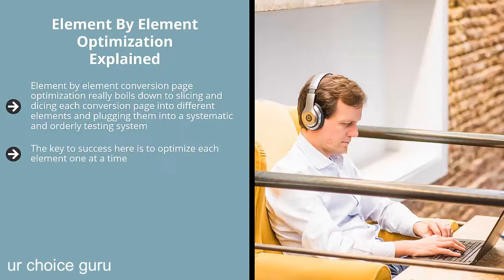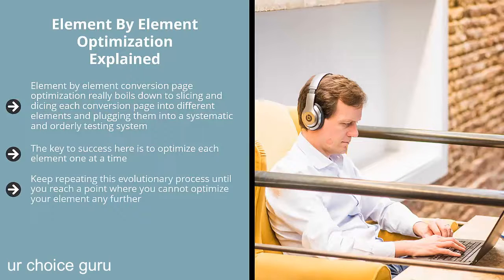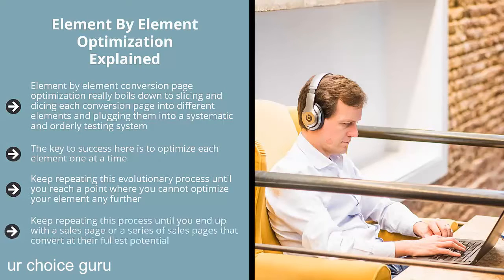Run your traffic test, and if you see a winner, make variations of that. See if any of the variations get better results than the first variation. Keep repeating this evolutionary process until you reach a point where you cannot optimize your element any further. In other words, you can't get any further improvements in conversions. Once that happens, you switch over to the next element and optimize that as well. Keep repeating this process until you end up with a sales page or a series of sales pages that convert